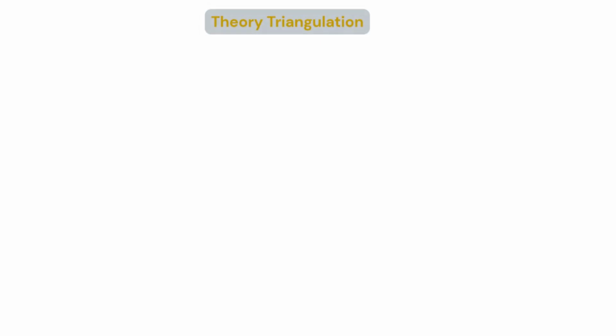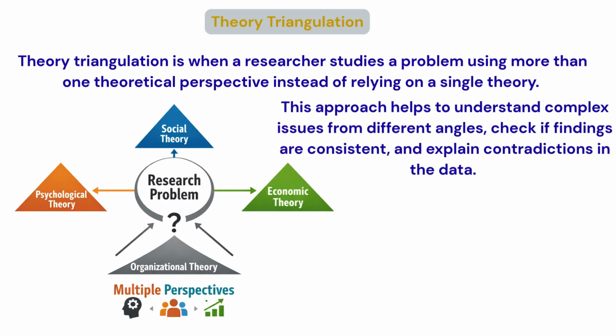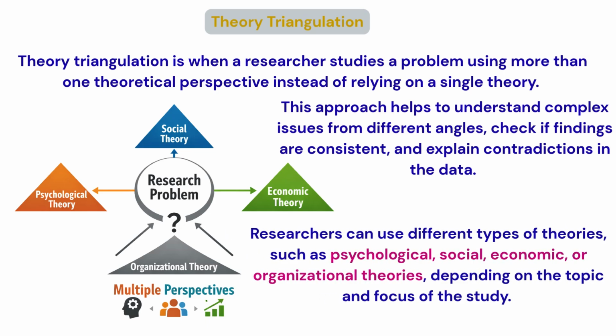Theory triangulation. Theory triangulation is when a researcher studies a problem using more than one theoretical perspective instead of relying on a single theory. This approach helps to understand complex issues from different angles, check if findings are consistent, and explain contradictions in the data. Researchers can use different types of theories, such as psychological, social, economic, or organizational theories, depending on the topic and